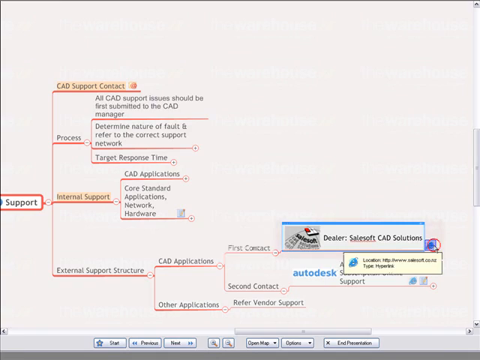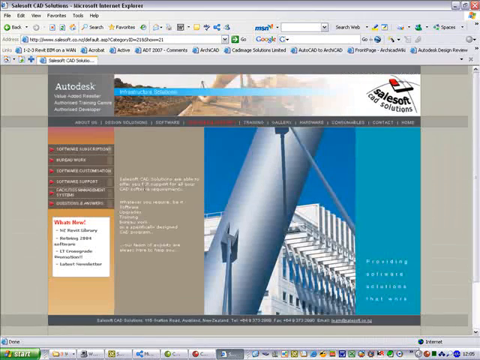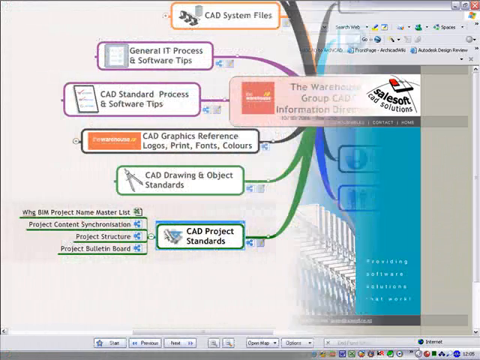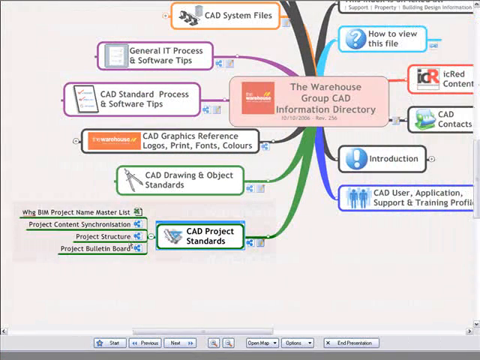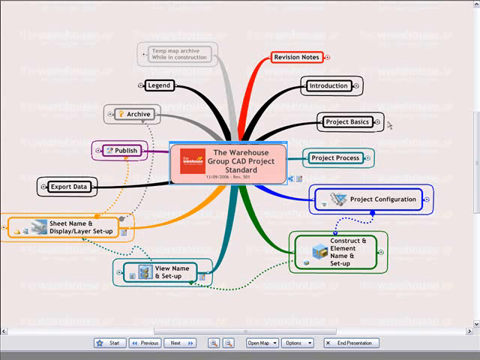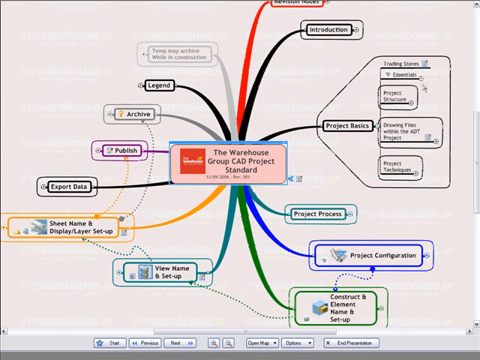Showing how it can be used to structure information. Here's the contact for our dealer for support, and again it takes you straight to the website with contact details. You could link into the exact page you want. This is showing how we structure the CAD projects or drawings that make up our stores, and again you can